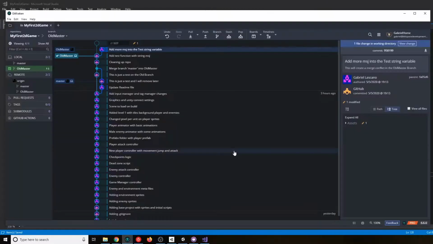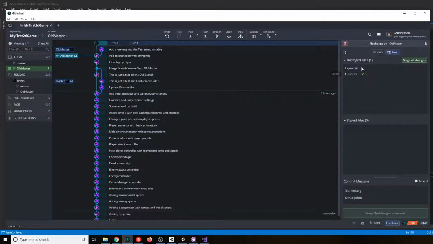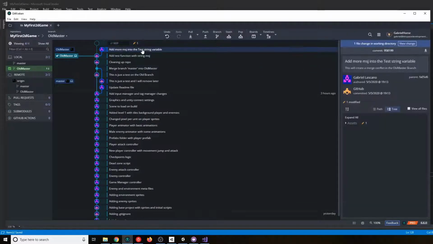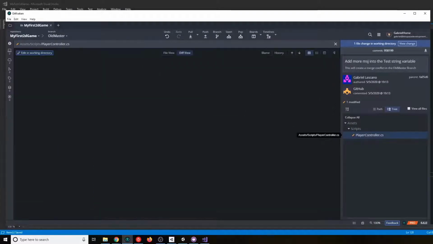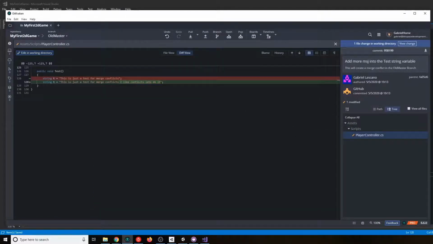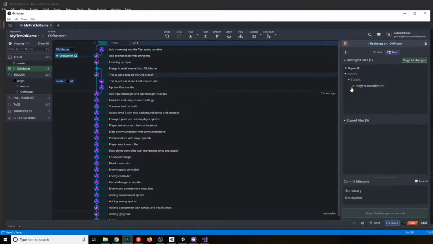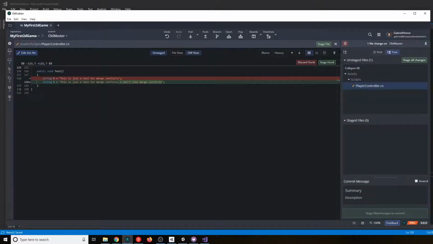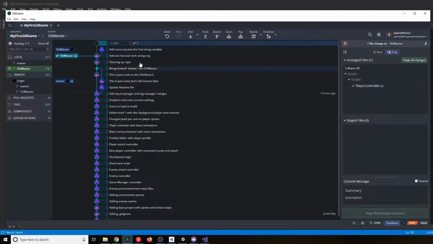So when you are committing, you will often try to see, oh, another developer did a change on the player controller. Oh, they added something into this line, and I'm going to add the same into the same line. So I can prevent that problem from happening before going into the merge conflict.